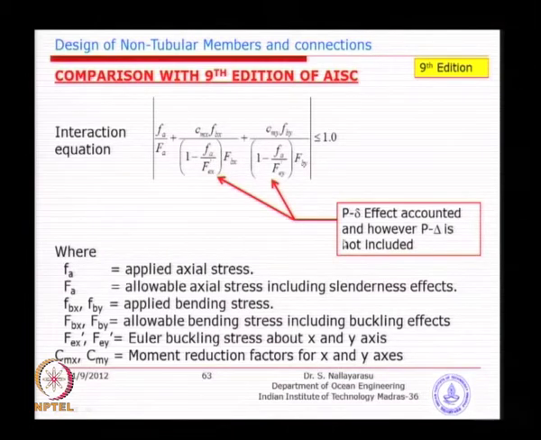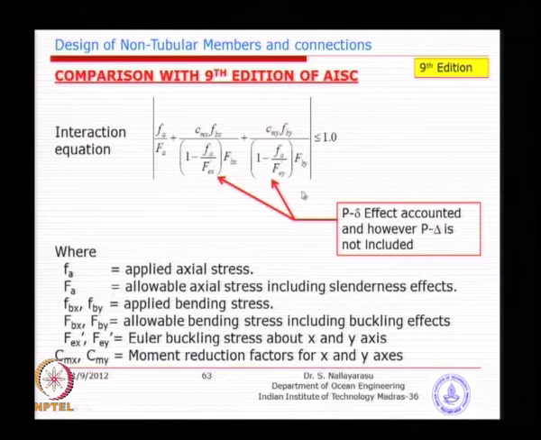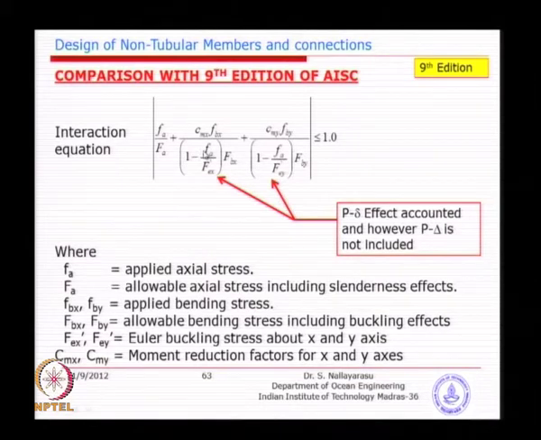As long as you have larger deformation effects, you will see that the axial stress is more, automatically the corresponding buckling stress will be less or more depending on the loads, and this parameter in the bracket will always be reducing the allowable stress for bending. So, this is basically taken as an indirect means; the interaction whatever we are having can be derived, and the more the axial stress, the smaller the reduction factor will be. Once that factor is smaller, it is indirectly reducing the amount of allowable bending stress that you can allow. That is the idea behind it.